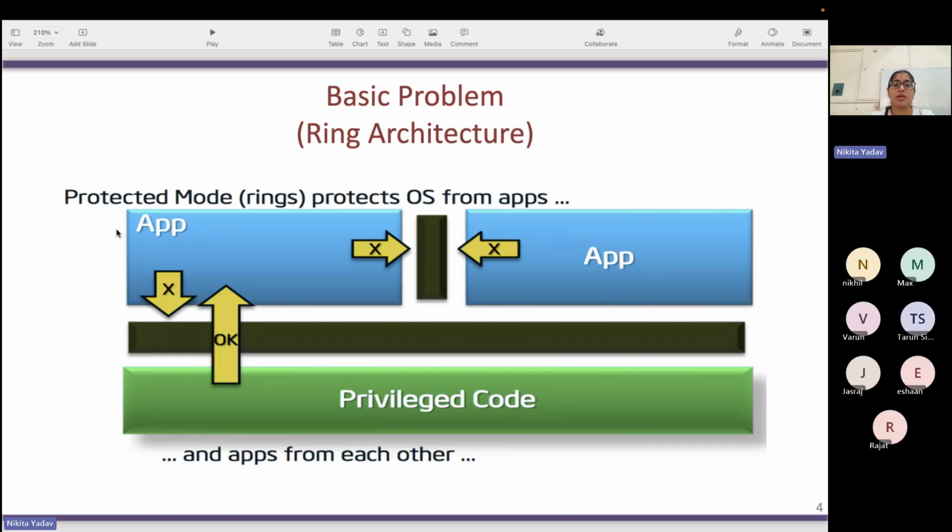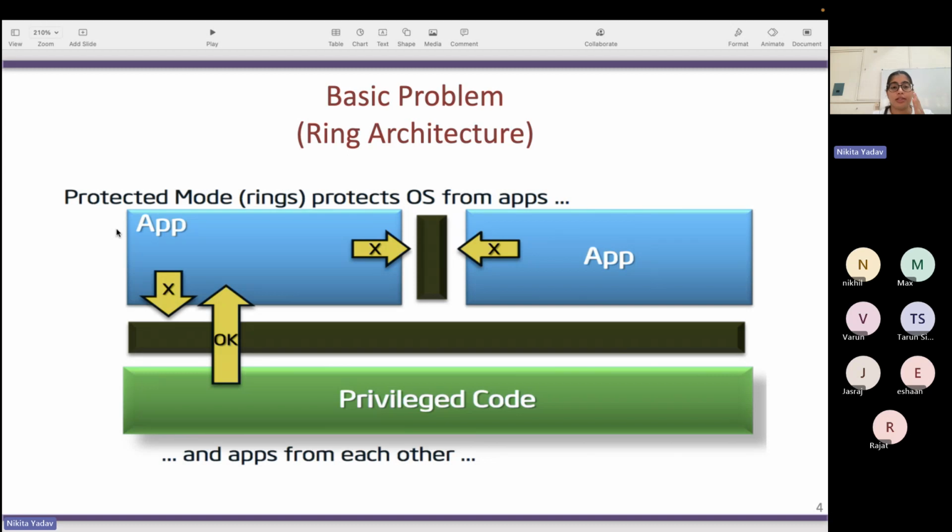If your processor is running in ring 0, then the software running there is the privileged software. And when your applications are running, then your processor is running in ring 3, that is the